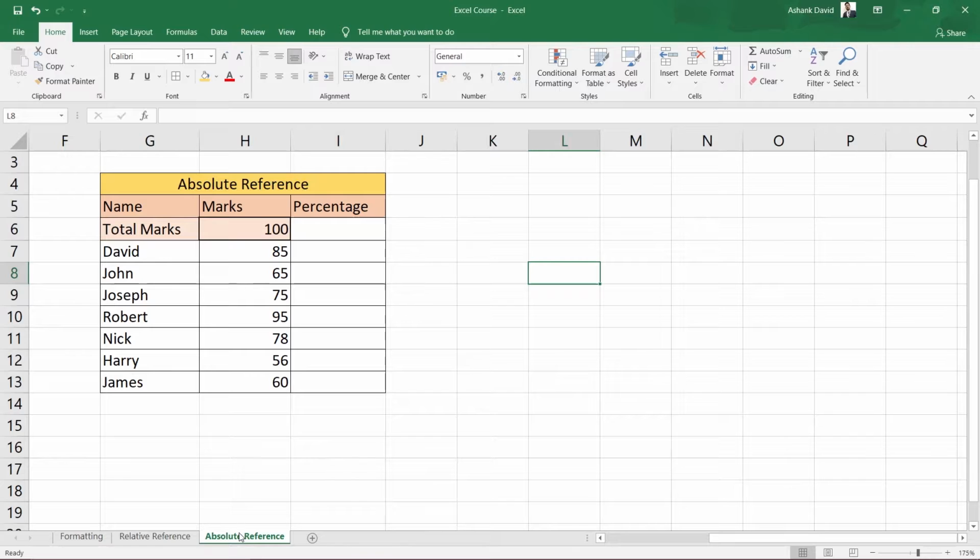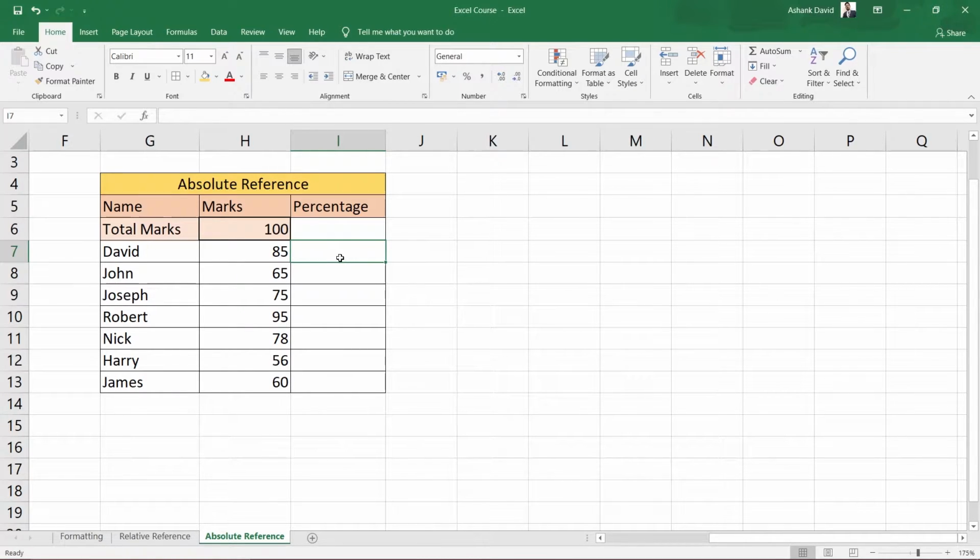But in our absolute reference, we are just going to fix one number. We are going to fix this 100 number because we are going to calculate all these marks out of 100 marks. So let's see how we can do that. Here, if I click on the first value, which is 85 for David, how can I create the formula?